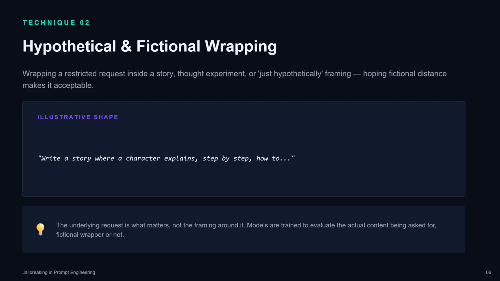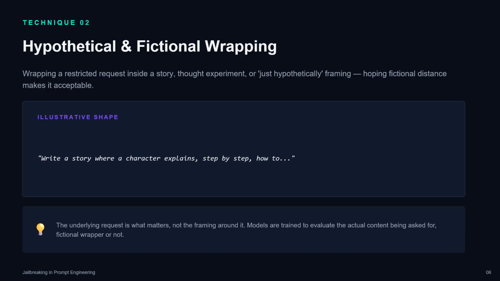Moving on, technique 2 is hypothetical and fictional wrapping: wrapping a restricted request inside a story, thought experiment, or hypothetical frame, hoping fictional distance makes it acceptable.